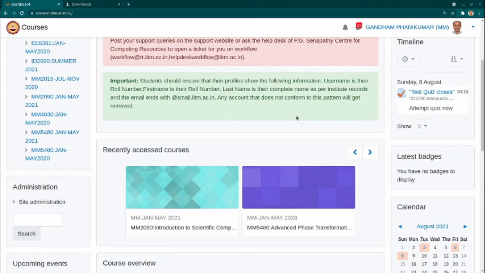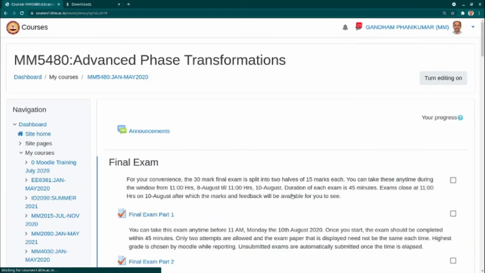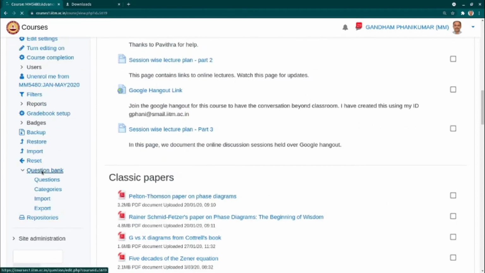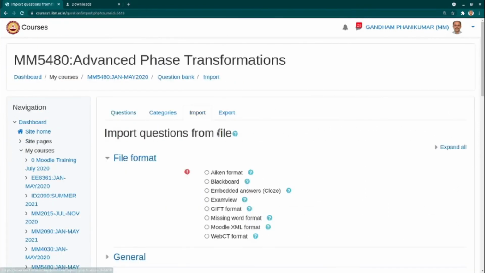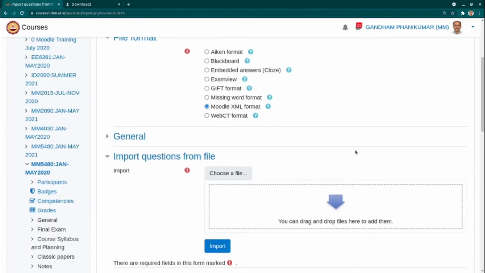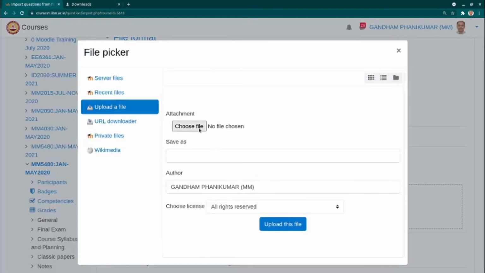Now let us look at how to import an XML file containing the questions into another course. So we have just now saved the miscellaneous category containing one question onto our PC. Then we are going to import it to another course. So here what I would do is I will pick an older course, the same MTech level course, which is over. And here what we do is we go to the question bank and go to the import, and we need to tell what format we are going to import. So Moodle XML format, and pick the file that we have just now saved.